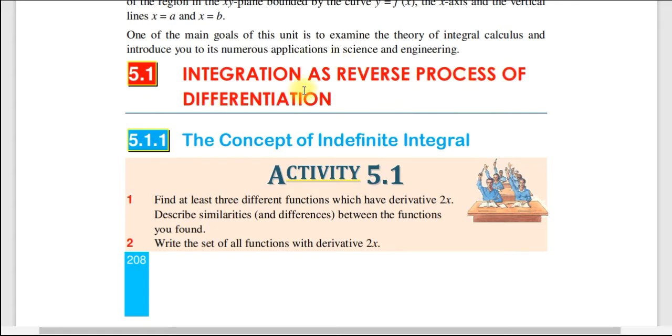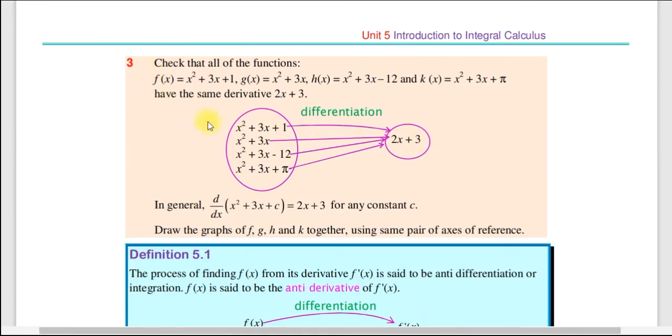Integration as a reverse process of differentiation. There is a concept of indefinite integral. ለምሳሌ ይሄንን አክቲቪቲ check that all the functions f of x equal to x squared plus 3x plus 1, g of x equal to x squared plus 3x, h of x equal to x squared plus 3x minus 12 and q of x equal to x squared plus 3x plus pi have the same derivative which is 2x plus 3 መሆኑ ቼክ አድርጉ ይለናል ኦኬ። ለምሳሌ ፋንክሽኖቹ ላይ የተዘረዘሩት f of x, g of x, h of x and q of x differentiate ሲደረጉ 2x plus 3 ነው የሚሰጡት ሁሉም። In general d by dx of x squared plus 3x plus c ማለት 2x plus 3 ነው differentiate ሲደረግ ማለት for any constant c ማለት ኦኬ።